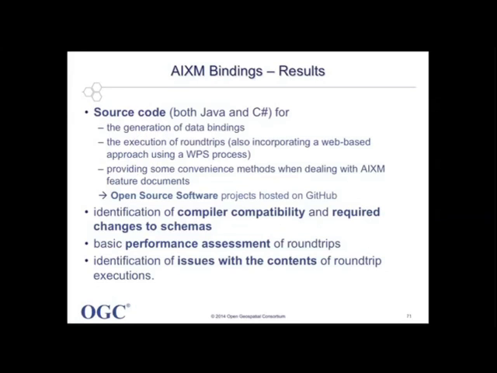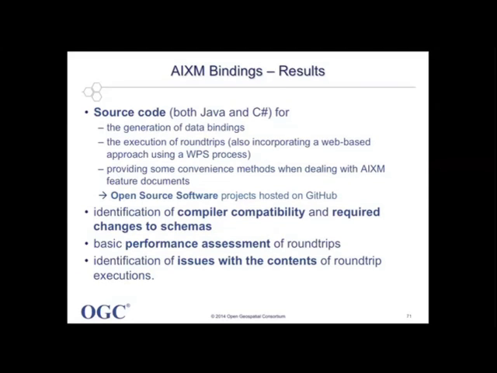So here are some results. The idea and aim of this work has been, besides the investigation and evaluation of automatic data binding generation, the provision of working examples. So results are source code for both Java and C#, for, on the one hand, the generation of data bindings, on the other hand, the execution of round trips, also incorporating, for example, a web-based approach using the web processing service,